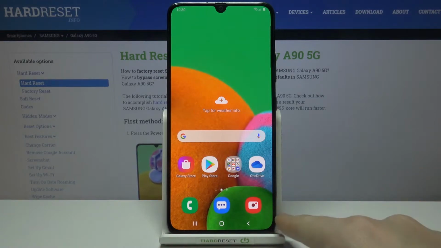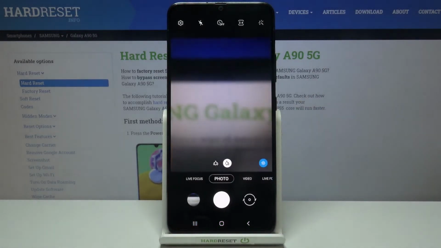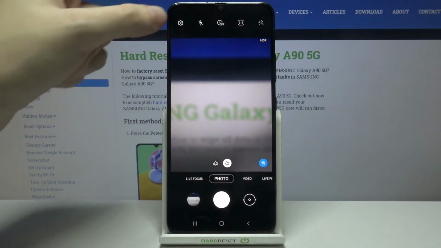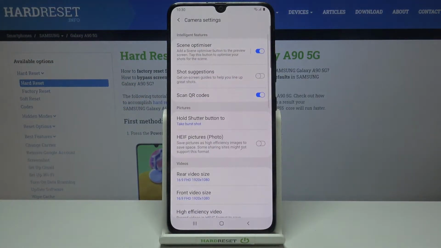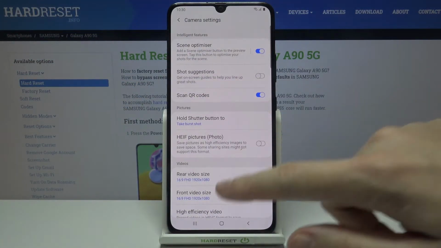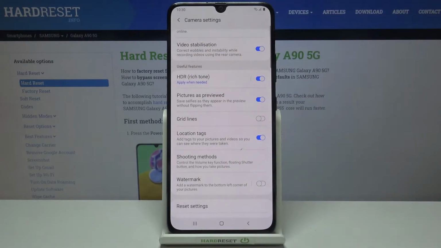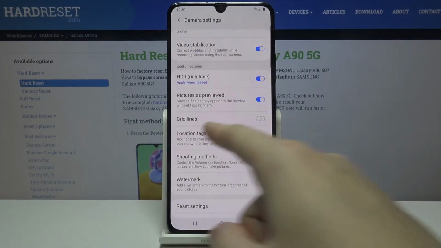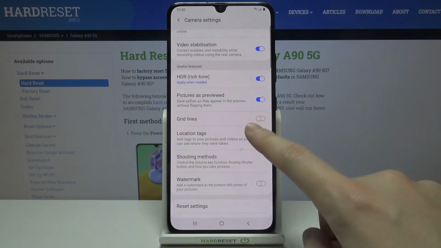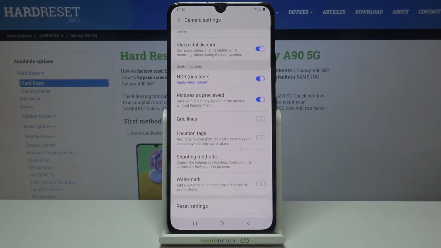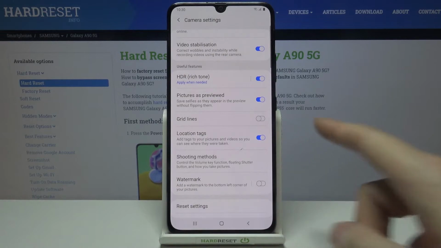So let's start by tapping on the camera button to open it, and for now we are in the standard photo mode. From here let's go to the left corner to this button. When we pick it we can open the advanced camera settings. Now let's just simply slide a little bit down to the useful features category, and here we have the location tags option. So by using this button we can easily turn it off or another tap to turn it on again,